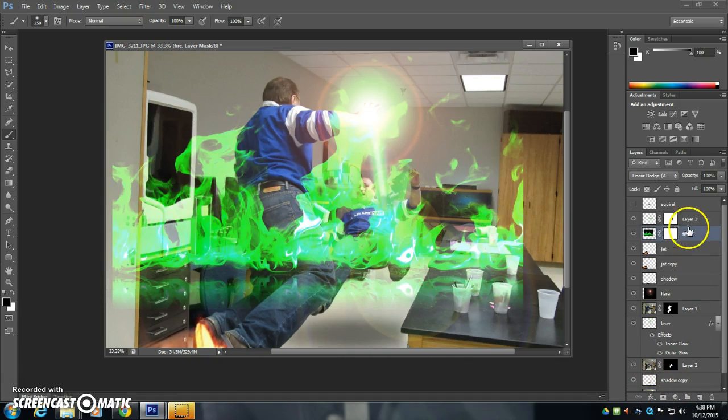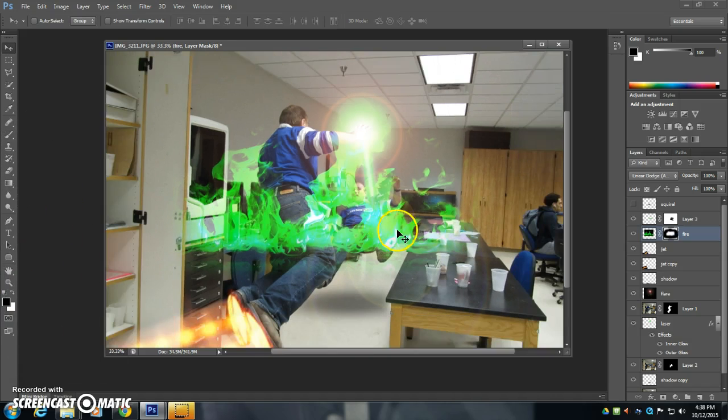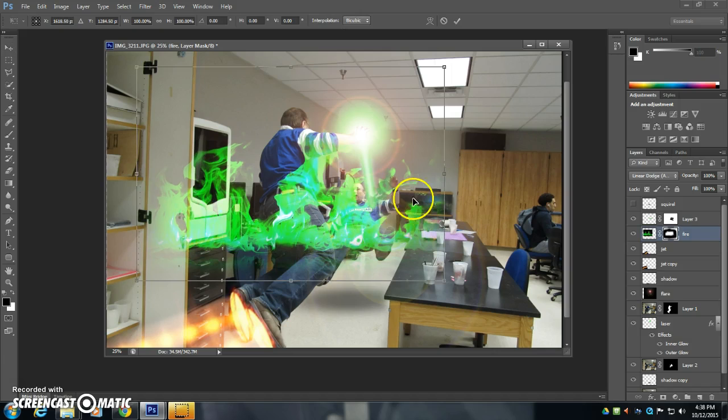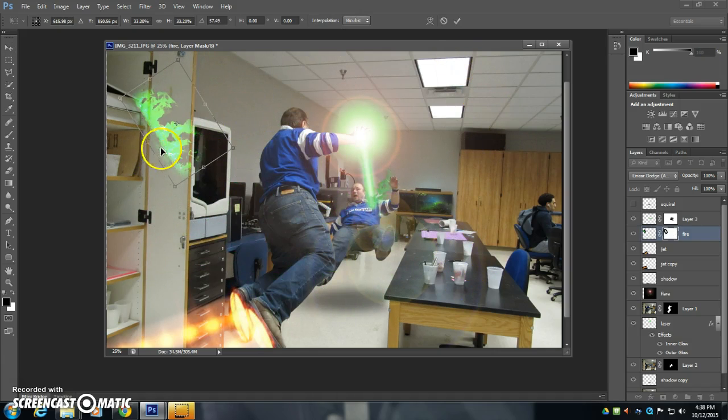And I'm going to use my layer masks again and get rid of the end so I don't have real hard edges anywhere. And I'm going to put this along the laser path so it looks like a real burning hot flame,